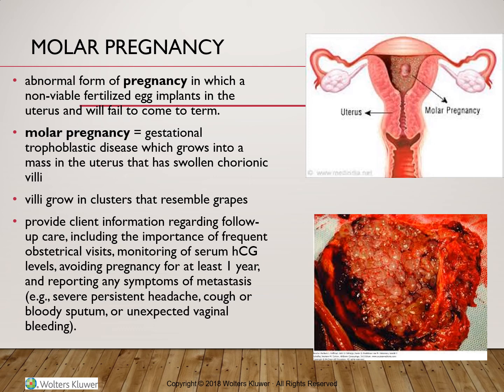The diagnosis is made by examining a woman who usually will present between 8 and 16 weeks of gestation, complaining of painless brown to bright red vaginal bleeding. It can be intermittent or continuous, and it can be severe in terms of flow. Usually the HCG levels are unusually high, more than expected for the gestational age, and an ultrasound, either transabdominal or transvaginal, will show a mass made up of many small cysts that looks like a grape.